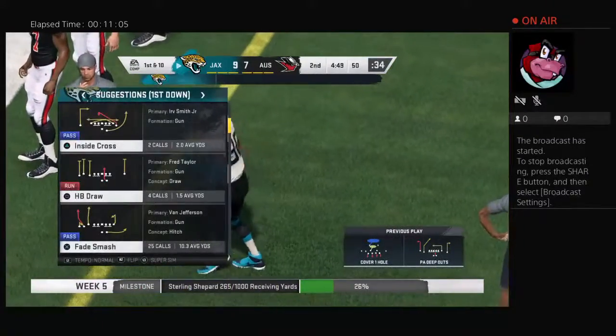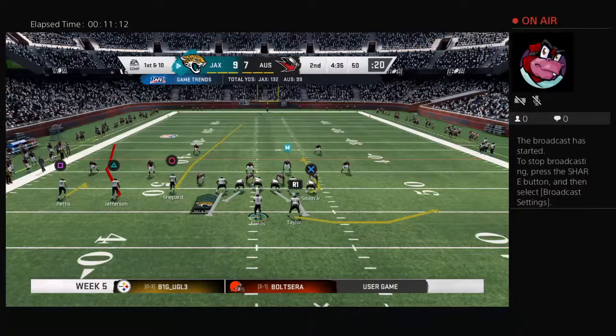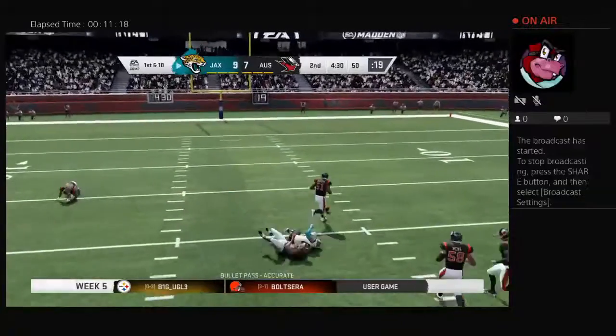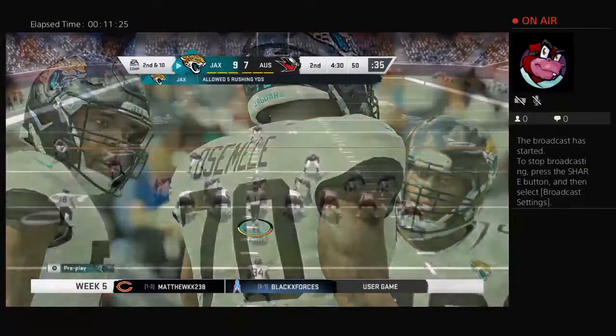But it appears that they read man defense and went to the out route, and what you have to do on that one is the receiver's got to make sure he works the defender towards the middle of the field to give himself space to cut to the outside and have that ball delivered with good timing, and they got it done. Looking for more there on first down, but this throw downfield incomplete. The beauty of being able to